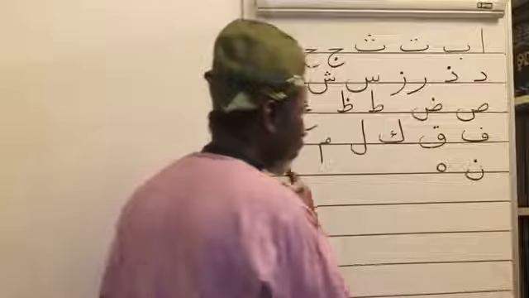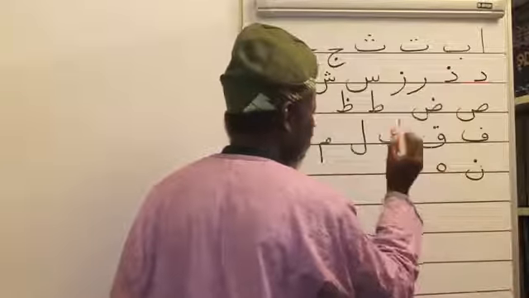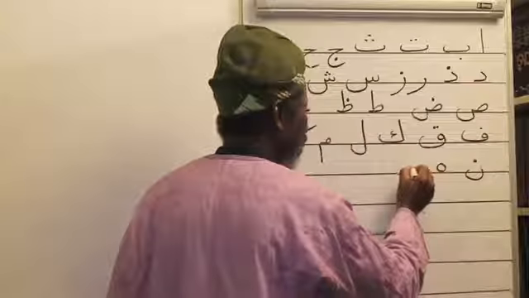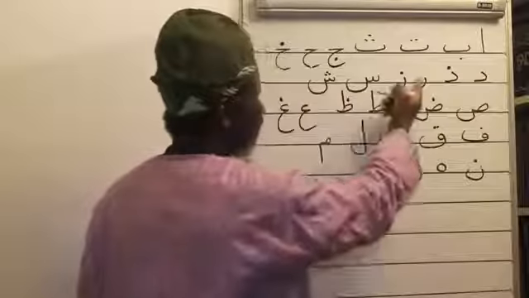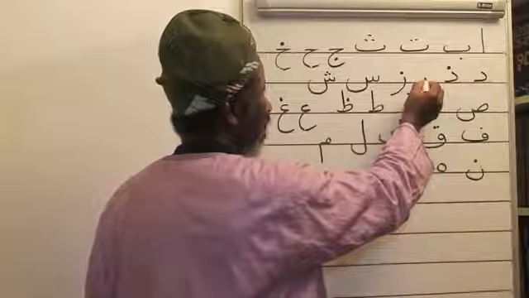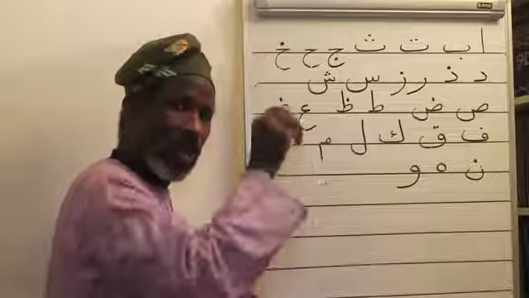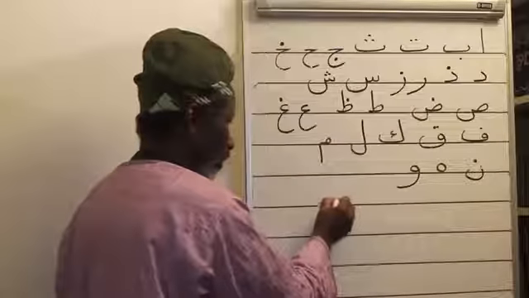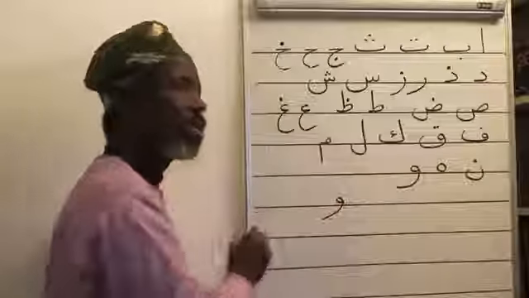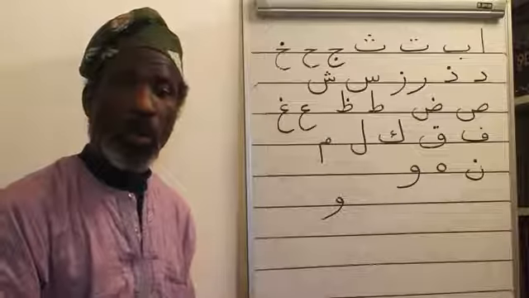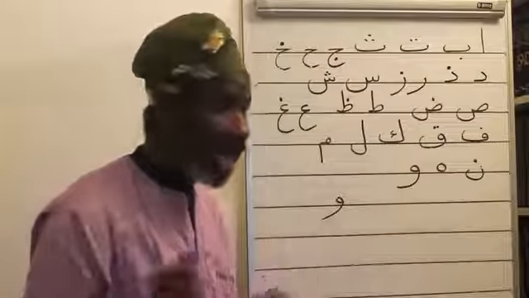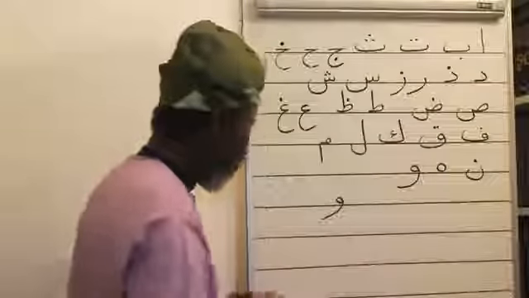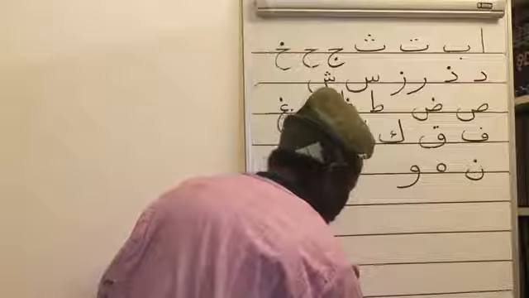Now, the next letter, also single, is Waw. Imagine this one. It's like a Ra and a Zain having a head. You're going clockwise this way, and then just drop it. And that's your Waw. As if you are nearly finished with your letters. So, Waw, we nearly finished. And the last letter in the alphabet,